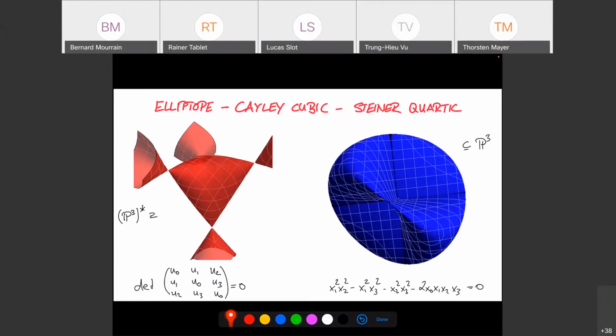Okay, so here's the elliptope. It's the convex, so it's only this thing in the interior, right? These 4 ears that you see is where the determinant is 0, but the elliptope itself is just the convex region bounded by this red interior blob. And here, algebraically, this is the dual object. This is called the Roman surface. It's the dual surface to the Cayley cubic.